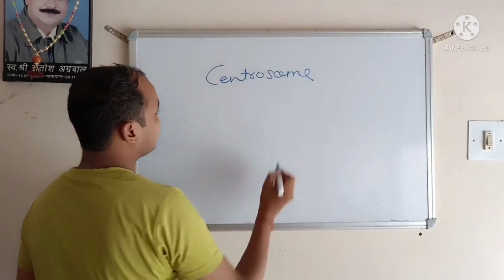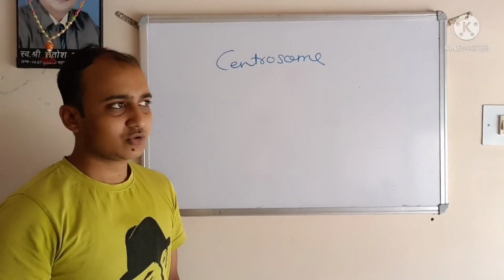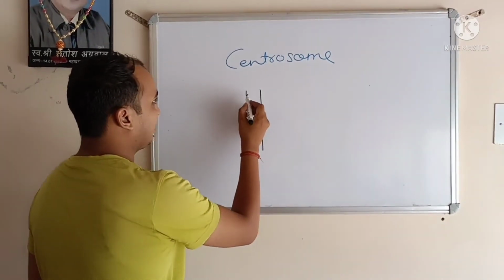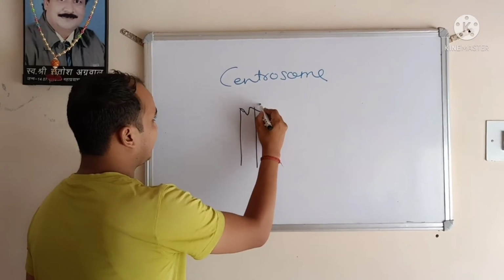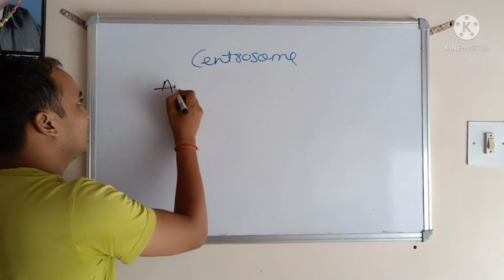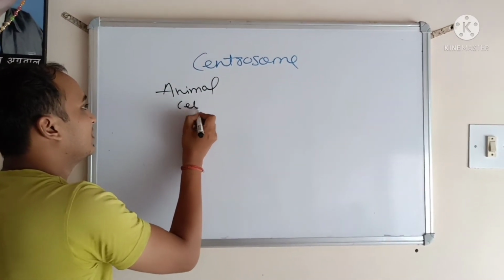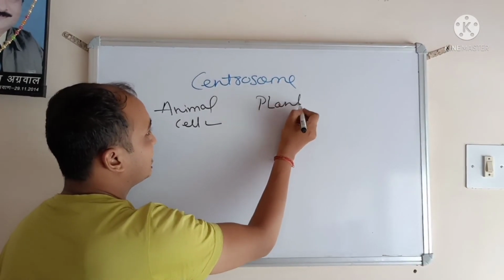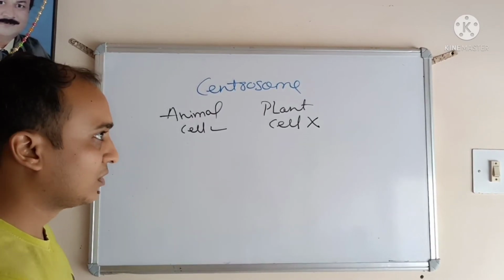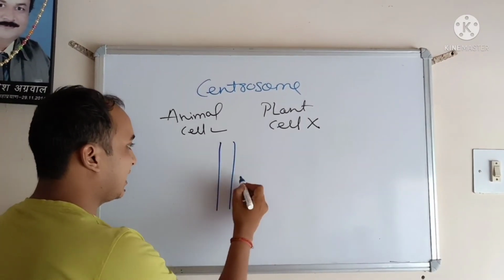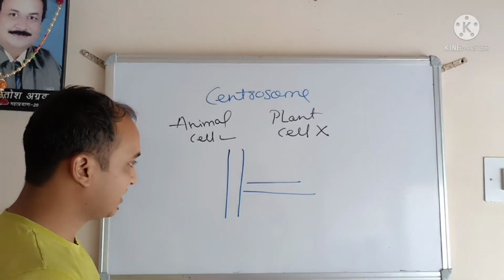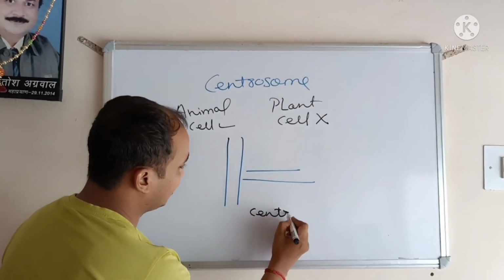This is our final organelle. So let's see how the structure of centrosome looks. We have two fiber-like pipes. This is centrosome. First of all, centrosome is only present in animal cell, and it is not present in plant cell. How does the centrosome look? Let's see. Centrosome has centrioles that are perpendicular to each other. These both are centrioles, which you can see are perpendicular to each other.